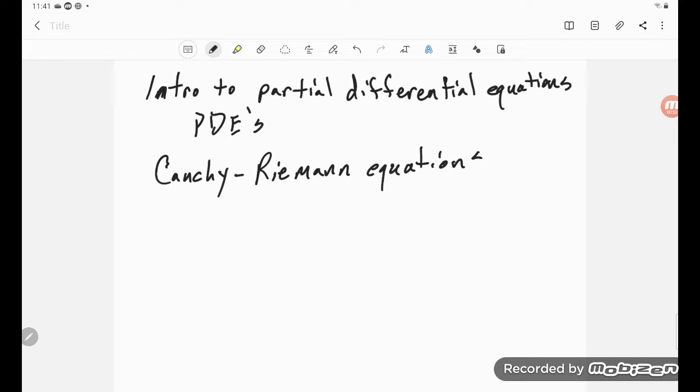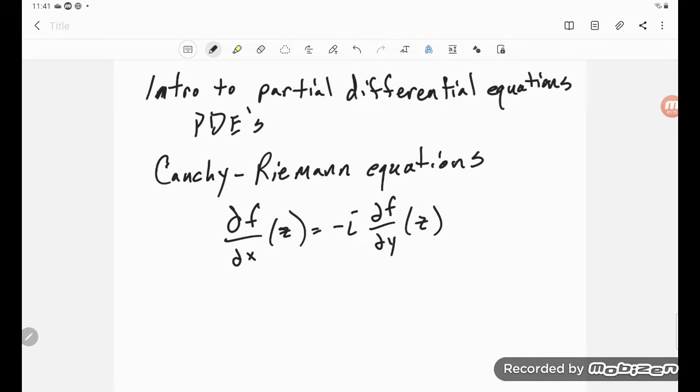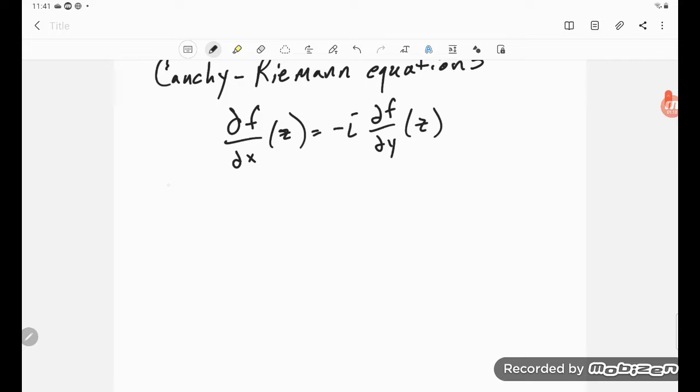Okay, and if we look at a region as opposed to simply a point, what we would have for that is the partial of f with respect to x of z was equal to minus i times the partial of f with respect to y of z. So notice this is an equation